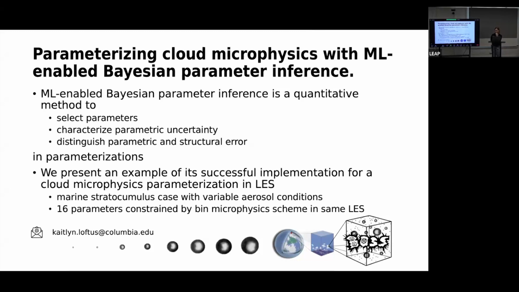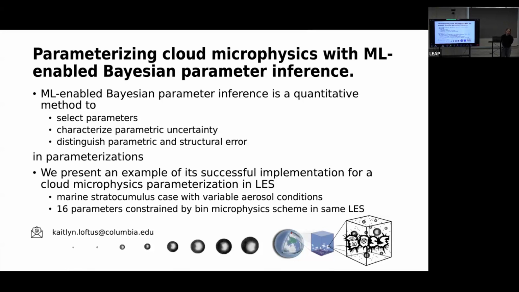I have a question online. Great talk. Do the LES runs include both open and closed cell stratocumulus? Does BOSS perform similarly for both cases? Yeah, so here we are using the same kind of dynamical forcings for all the runs. We're just changing the aerosol concentration, which gives you different precipitation outcomes, but doesn't really lead to, at least in the period we're looking at, transitions between open and closed cells.